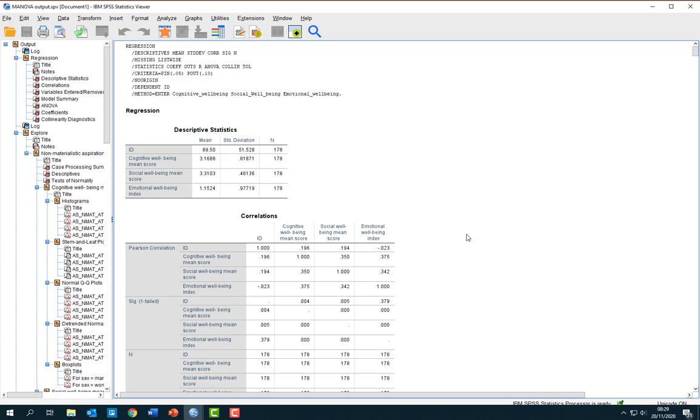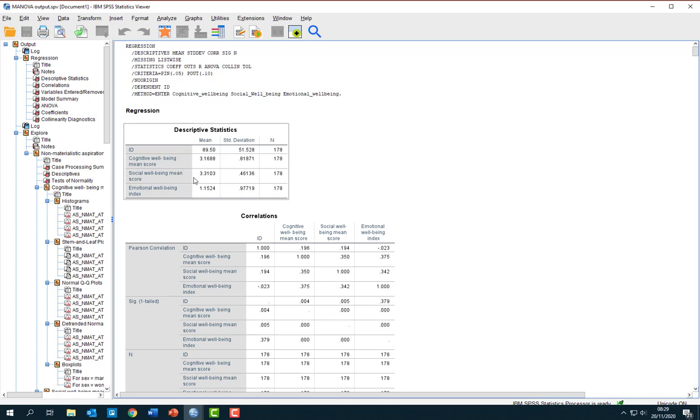Actually, what can happen is it will lose power. It won't detect differences between your groups, or it'll produce nonsense. So it's really important to scrutinise this. The first thing that we would do to check that is look at our output. We had to create an ID variable, and then use that as a dummy variable to run some of the checking that we needed using the regression function.